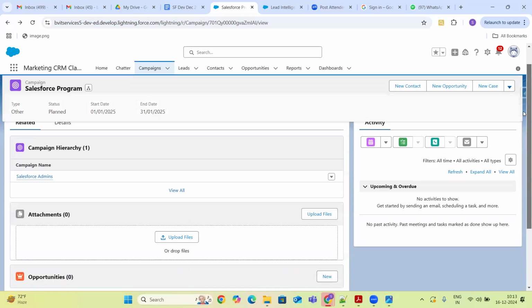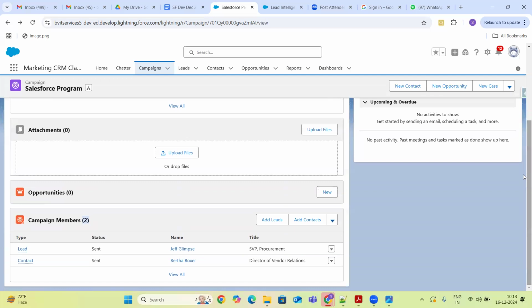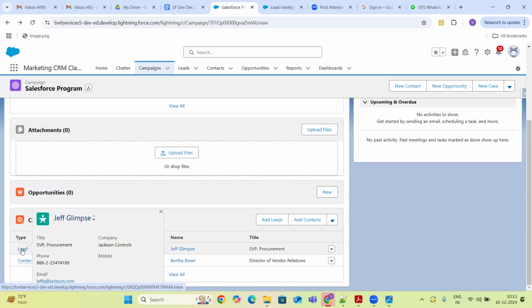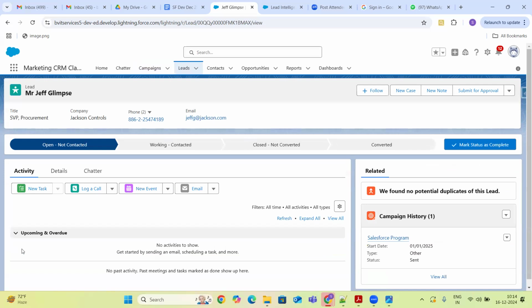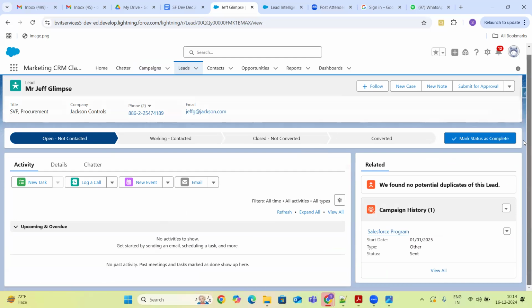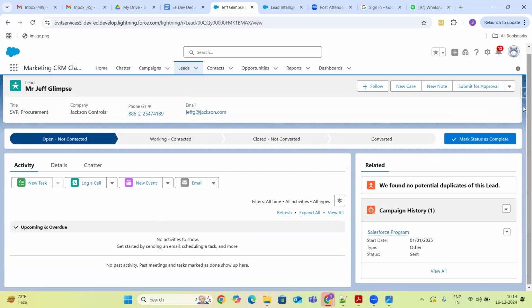From the marketing campaign, initially we send the campaign information to a particular lead. After that, as soon as the lead responds, we update the status to responded.